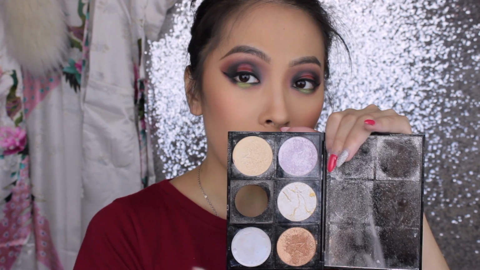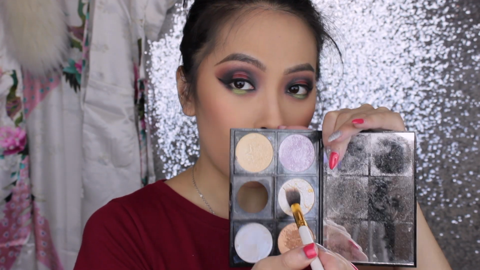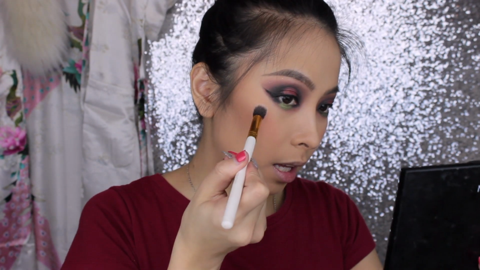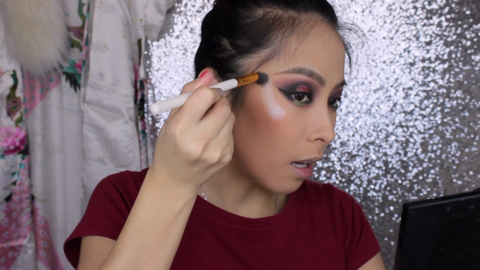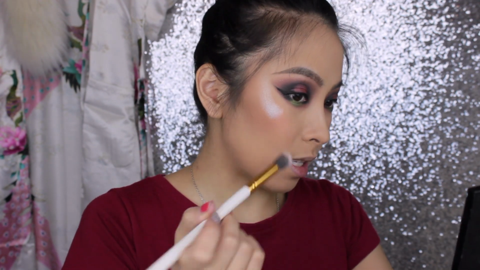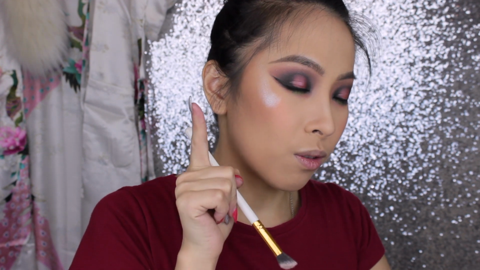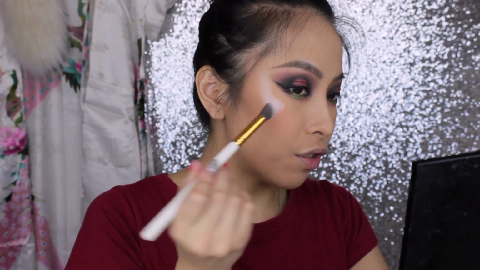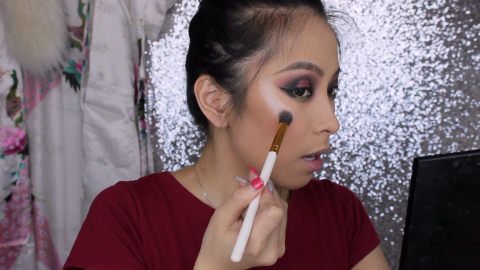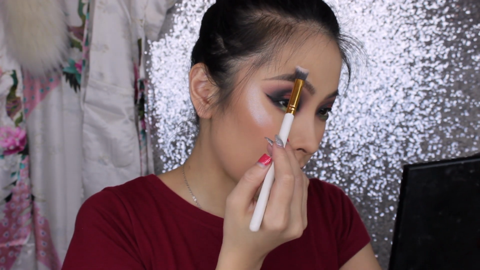The colors that I normally use are this one and this one. Circular motion in both of the colors, like that. And then take the brush, go from here and drag it to here. You can already see I haven't blended anything and it already looks amazing, but do not keep your highlight like that. You have to blend it out. So I will do a small motion to blend it out, and then I just go in here